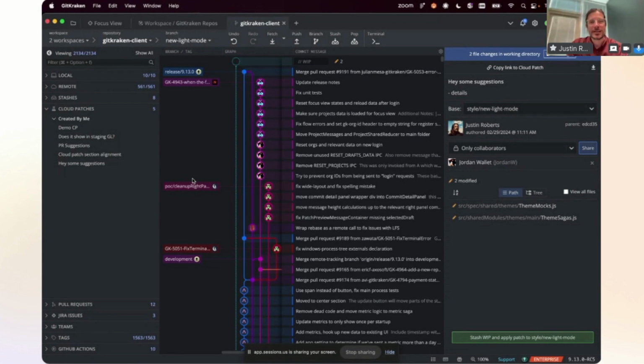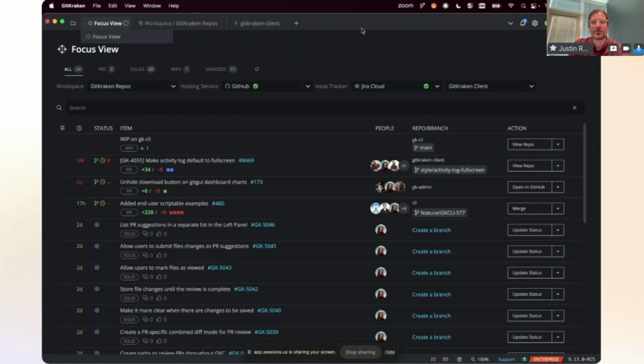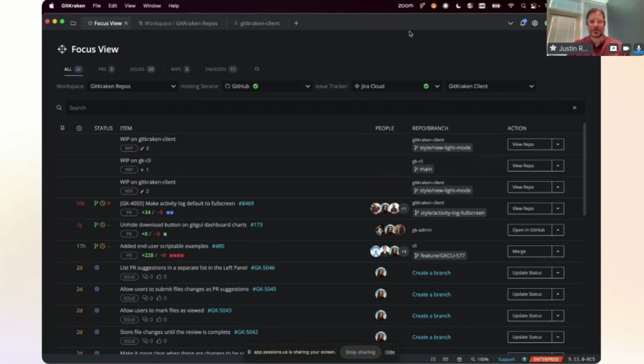Yeah. So the next thing I want to show is focus view. If you haven't noticed, in our last release that came out about a week or so ago, we moved and created this new focus view tab at the top. And if you aren't familiar with what that is, focus view is a way for us to leverage the connections that you have to your integrations now, GitHub, Bitbucket, Azure, GitLab, and even Jira, and pull information about the things that are connected to your repositories, multiple repositories, into one place,